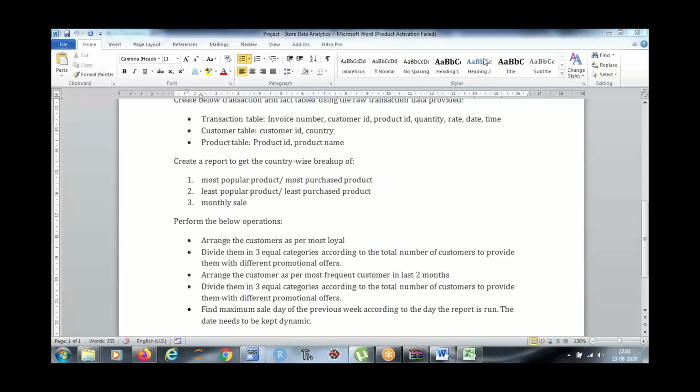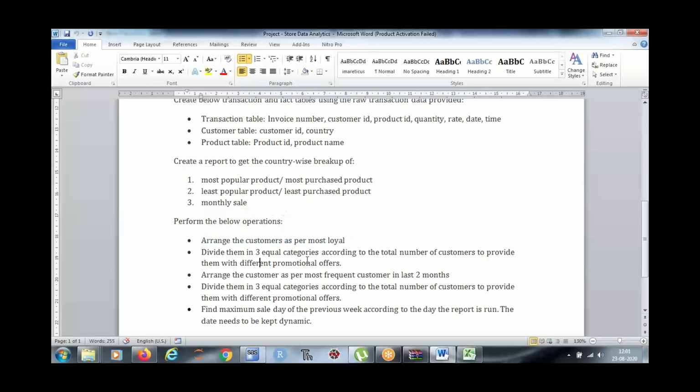Okay. Divide them in 3 equal categories according to the total number of customers to provide them with different promotion offers. So first you have identified a loyal customer, then you need to divide them in three categories.